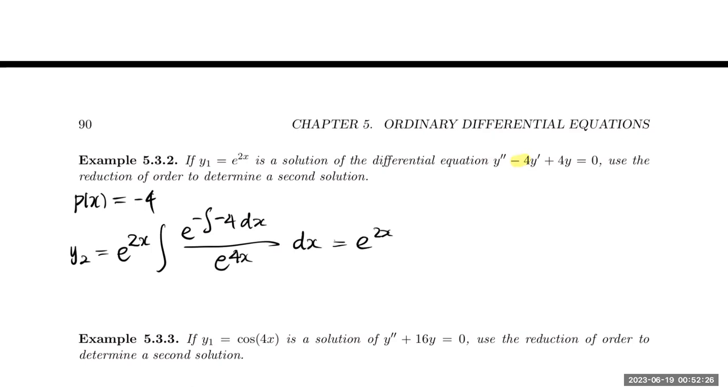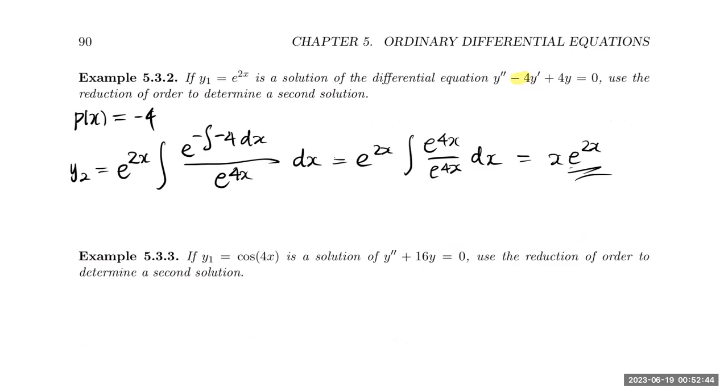If you integrate, you get e to the power 4x, so that becomes a 1. The integral of 1 is just going to be x. So x e to the power 2x is the second solution